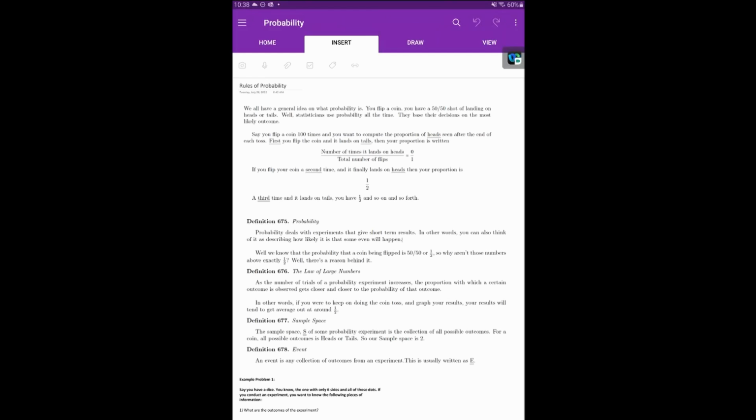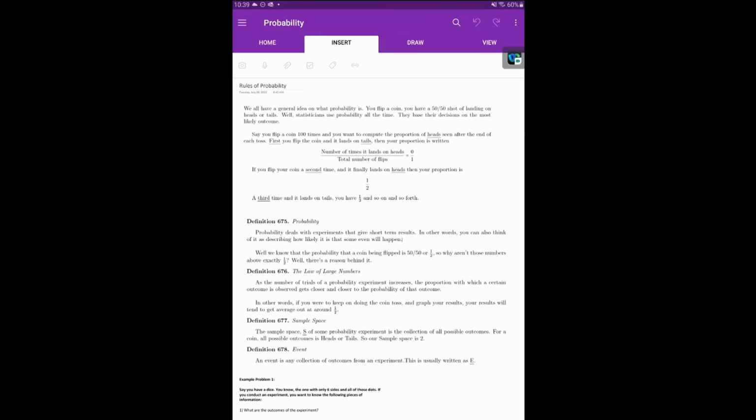So you flip a coin, and you've got two sides: heads and tails. That means you get a 50-50 shot, or 50% chance, of getting heads or tails. Statisticians use probability every single time they're doing work. Insurance is based on probability, right? So going back to the coin example, standard probability is basically, let's say you flip a coin 100